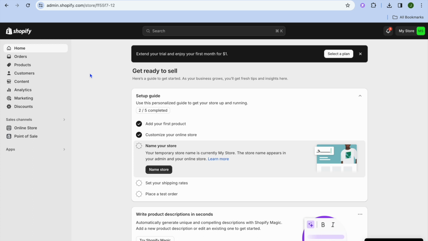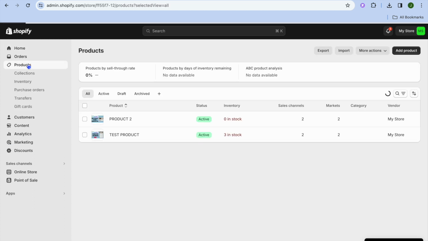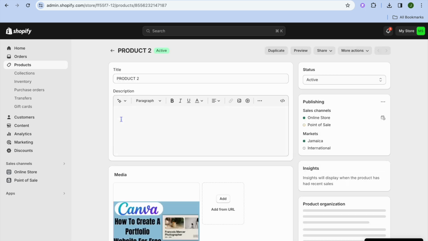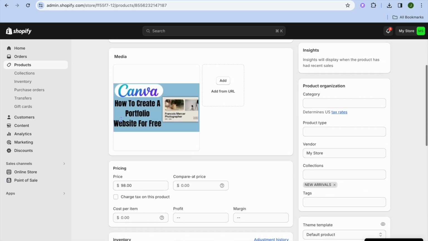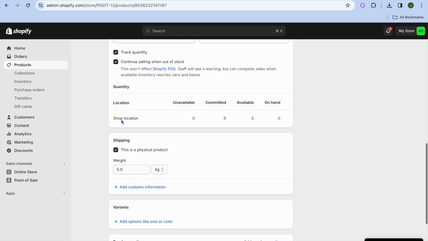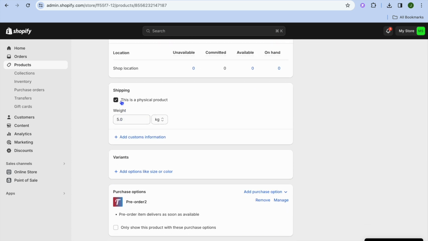Once on the admin page, I want you to select products from the top left hand corner. After selecting products, you're going to select the product that you would like to add the weight on. After you have done that, you're going to scroll down and you want to ensure that you have selected